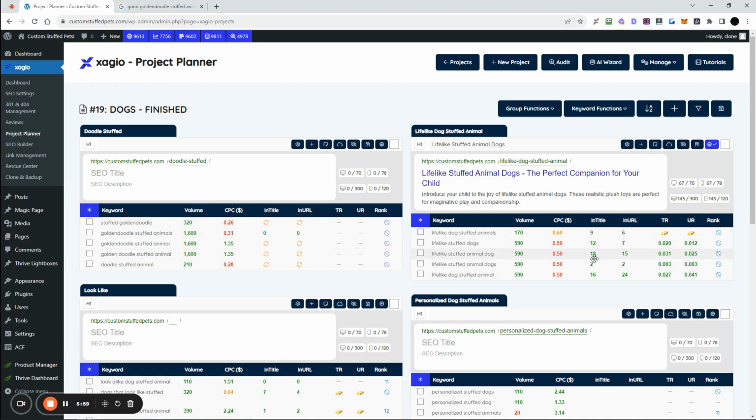So the reason I grab the in title and the in URL is because when I optimize with AI, it takes into account the highest search volume, but the lowest in title. You can choose to do that or not. And then it optimizes for that. So for instance, with this group of keywords, if I sort by volume, okay, we have lifelike stuffed animal dogs. These 4 are 590. Okay, so there, it's done. These 4 are 590. But this one right here, lifelike stuffed animal dogs, only has an in title and in URL count of 2. So I used my lifelike stuffed animal dogs first in there,